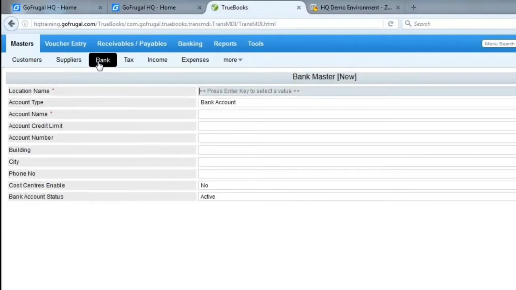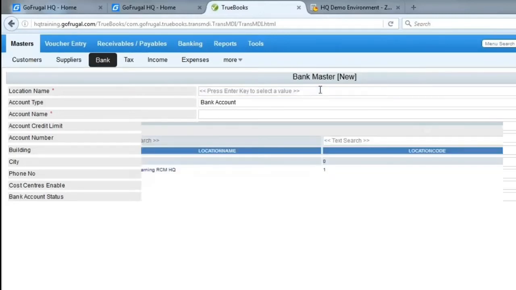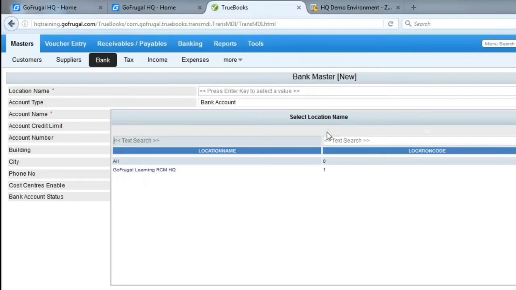Bank. In the bank master, there will be a common bank. In certain cases, there will be one outlet, meaning they can use one bank for all the trading process, and they might be having one more bank account in the HQ itself. So you can select the location, either all locations or only HQ.